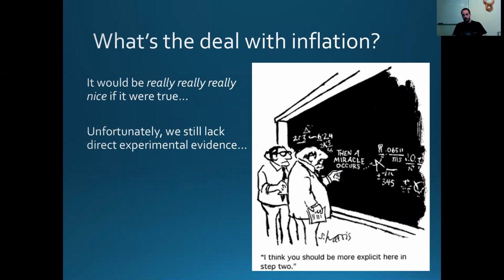If the universe started off very small, that solves the problem of contact in the CMB, because the universe was once very small. And then after everything got to mix together, it expanded extremely rapidly, which means that everything that we see in the universe was in fact in contact in the early universe. It solves that problem. The flatness problem is also solved, because if I imagine taking something and crumbling it up like that, this is definitely not a flat surface anymore. But if I were to pull on it and stretch it like this, I flatten it out. And that's what inflation does. It flattens out the universe.